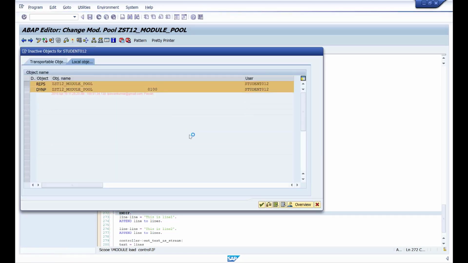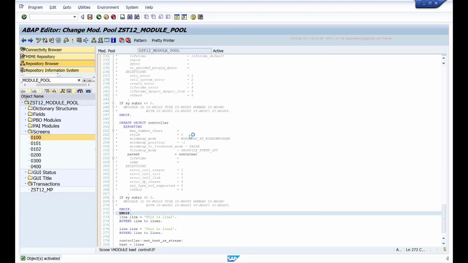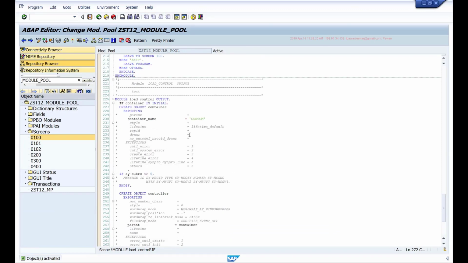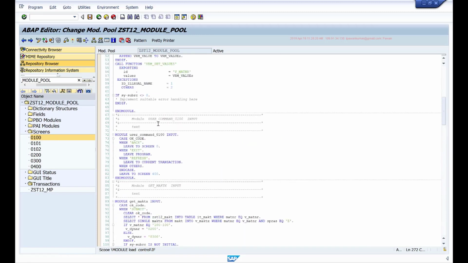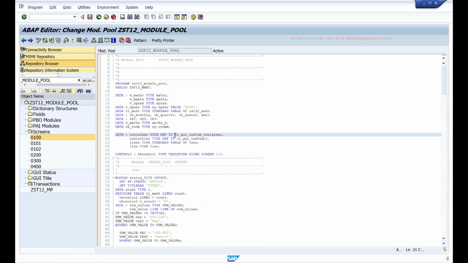I've just created one container on the screen. I named it custom, and then in my program I've created one reference object container by referring to CL_GUI_CUSTOM_CONTAINER class, and I've defined one reference object controller. By referring to the controller I want to use, in this case I'm using CL_GUI_TEXTEDIT.